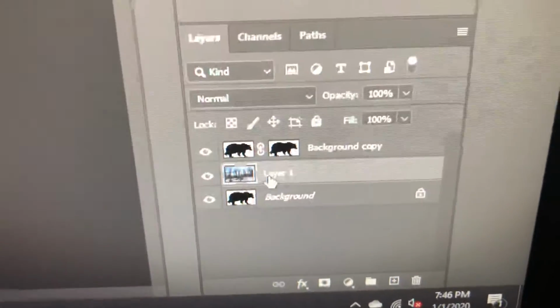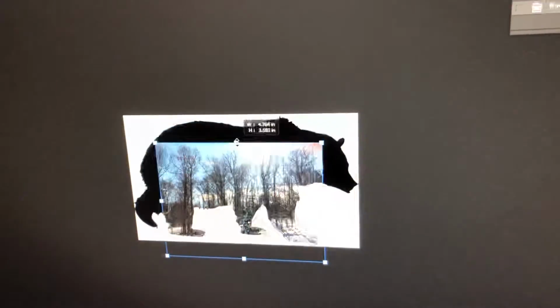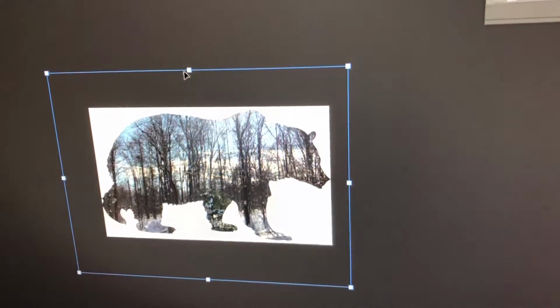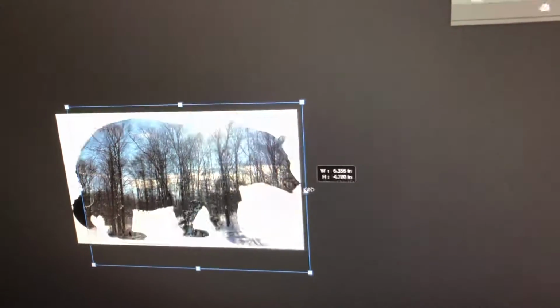Then if you want, you can click back to your original layer, press Control and T again, and now you could make this however you want. If you want it a bit bigger, or if you want to zoom in to a certain part. What if you want to flip the bear? If you want to flip the bear,